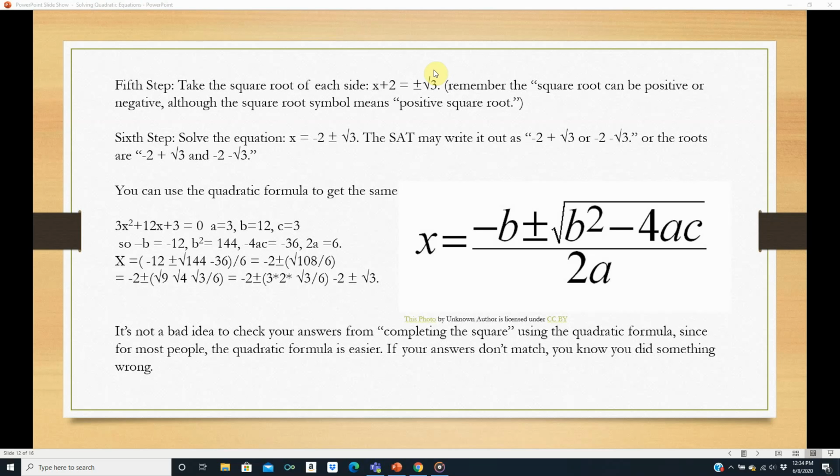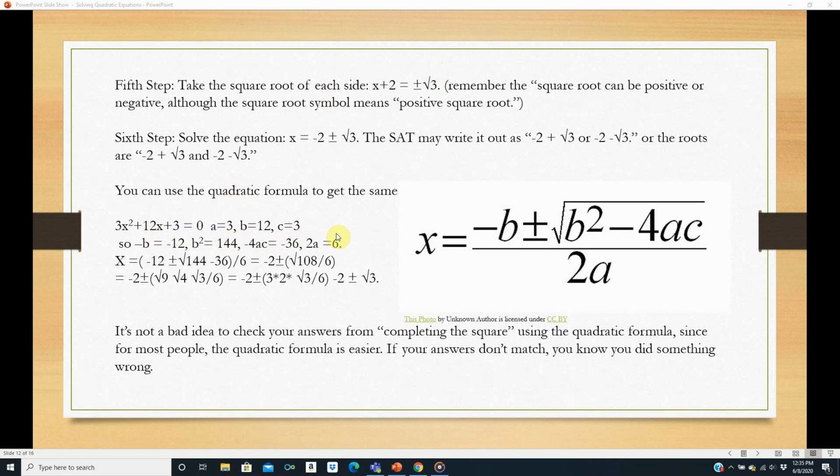Any of those things might show up on the SAT. You can use the quadratic formula to get the same answer. So if you did 3x squared plus 12x plus 3, a equals 3, b equals 12, c equals 3. Notice you could factor out the 3 if you wanted to, but you don't even have to if you just plug it in your calculator. Negative b equals negative 12, b squared is 144, negative 4ac is negative 36, 2a